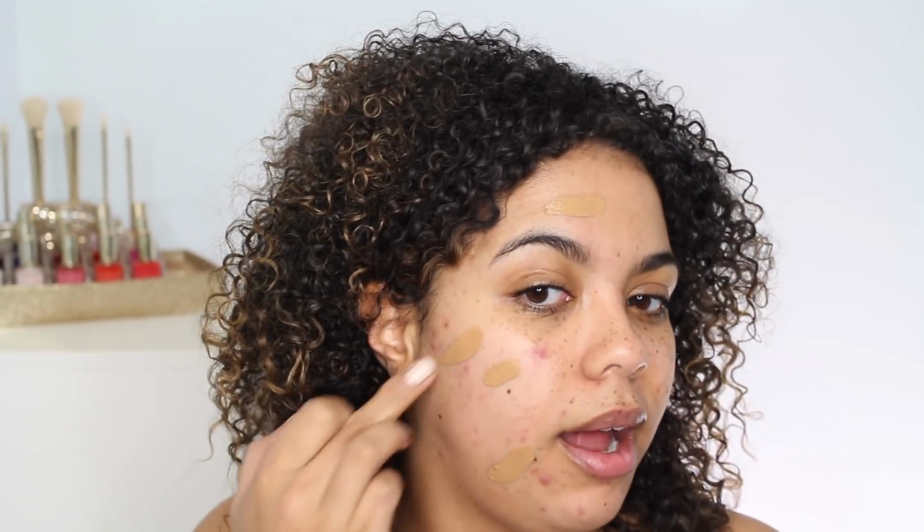I'm going to be using the LA Colors Truly Matte Foundation. This was so highly requested. I'm using the shade Cafe today. This is a first impression that we're going to be getting on this foundation today, and I ordered this from Kate House. So the LA Colors website shipping was $25 to Canada. This is a $6 foundation. So I was like,